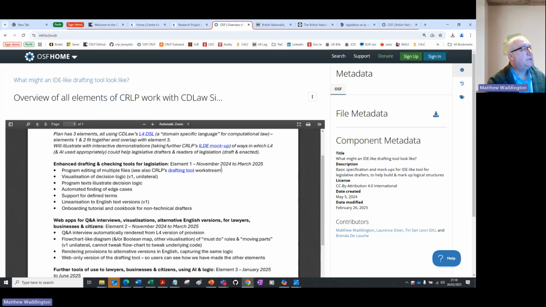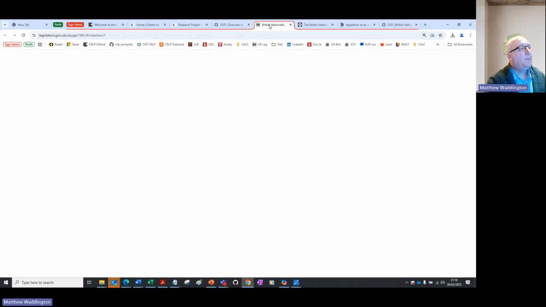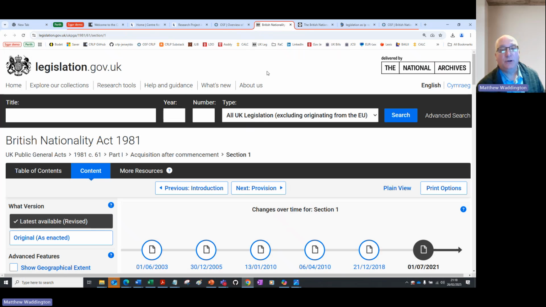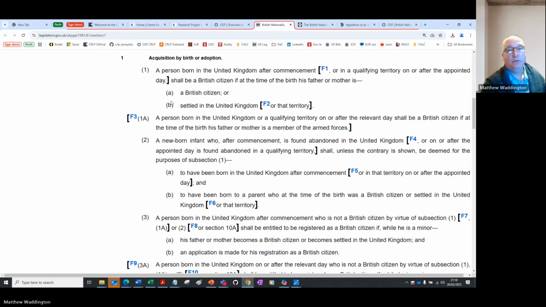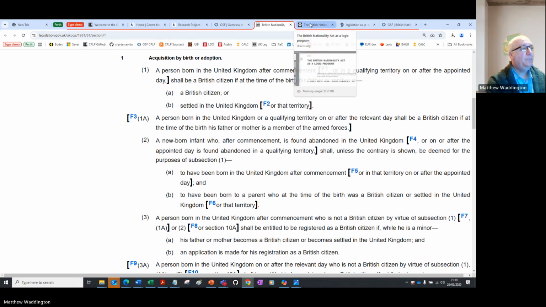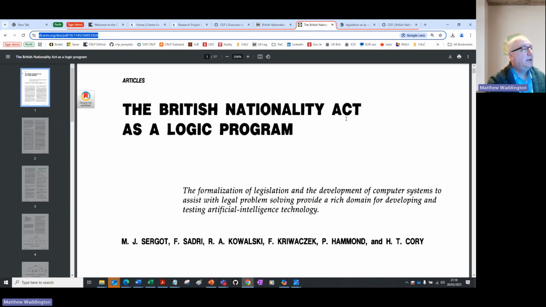In this initial stage, we've been using their system to look at the British Nationality Act 1981, particularly Section 1, Subsection 1, acquisition of British citizenship by birth in the UK or a qualifying territory. It's a British overseas territory. Why pick that? Well, it's partly a homage to the